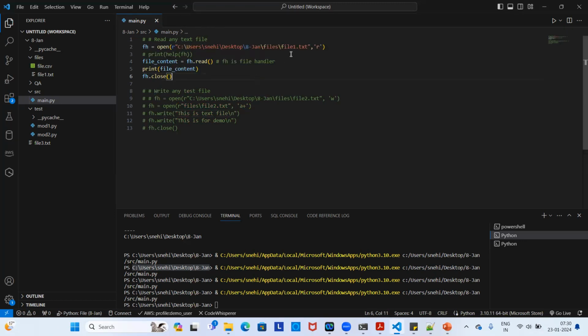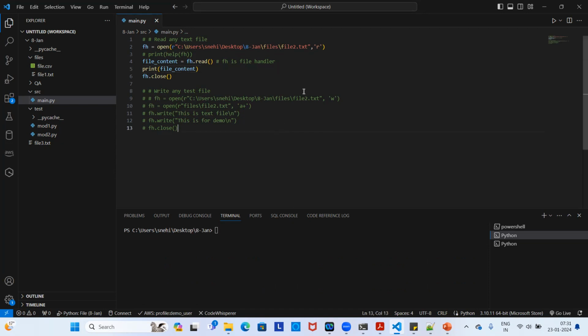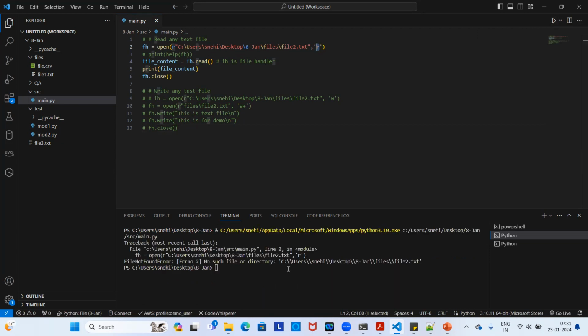File 1, instead of file 1, file 2 will come since I have deleted file 2. And see what error I'm getting, because we should be familiar with the errors in coding. As per the definition of R, the file should be present, but now I have deleted it. So we are getting a file not found error: no such file or directory. This is expected. And now see what